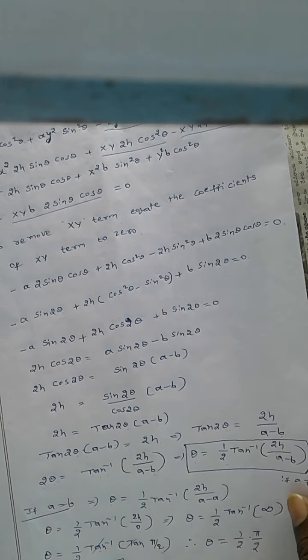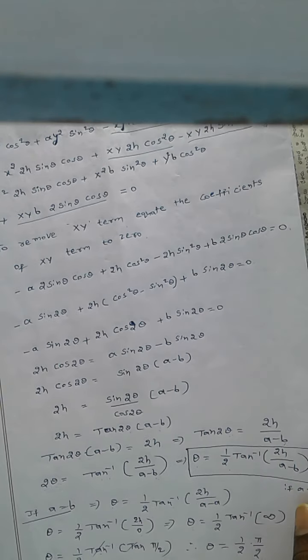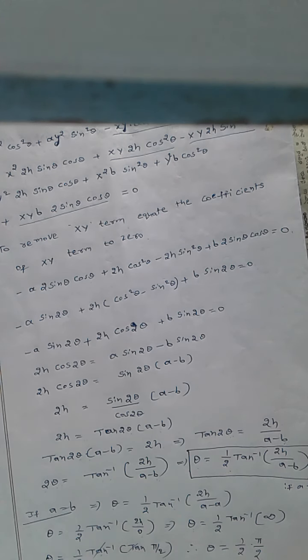Understood all of you? So ax square plus 2hxy plus by square is equal to 0 is an equation. Remove the xy term. If a not